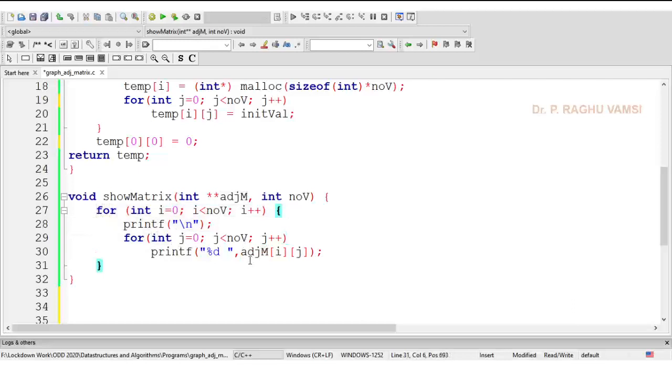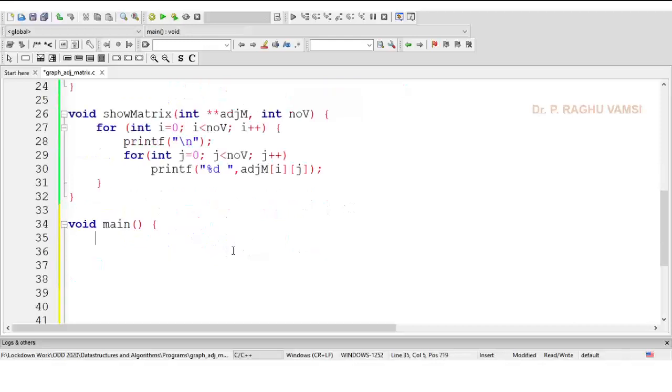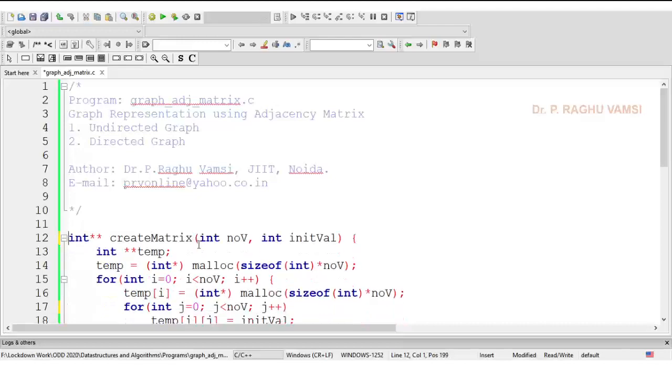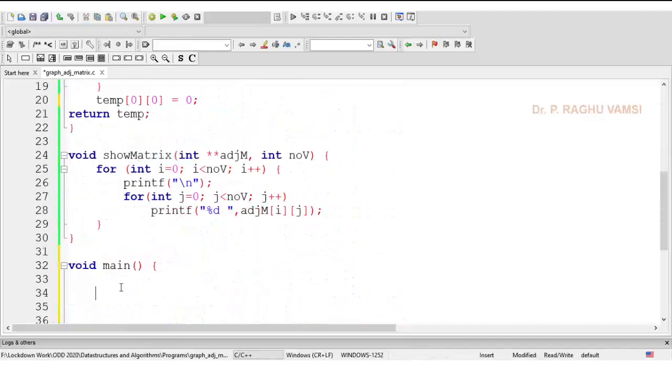Now we will write a main method and check whether the written functions are working successfully or not. In the main method, declare a graph parameter. We may declare it outside or within the function main. Currently, I am going to declare it in function main.